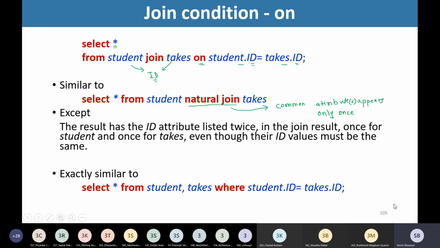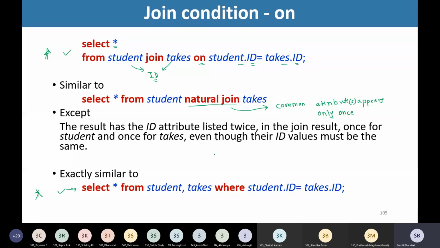Okay? Now, this is exactly similar to the query in a traditional way, how we write the query. Select star from student comma text where student.id is equal to text.id. So this and this both are the same.